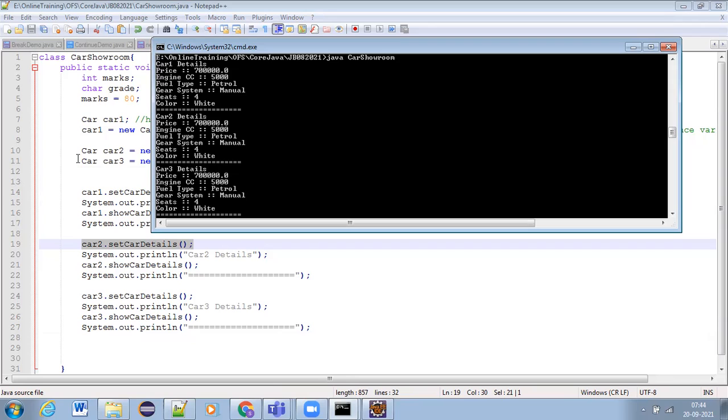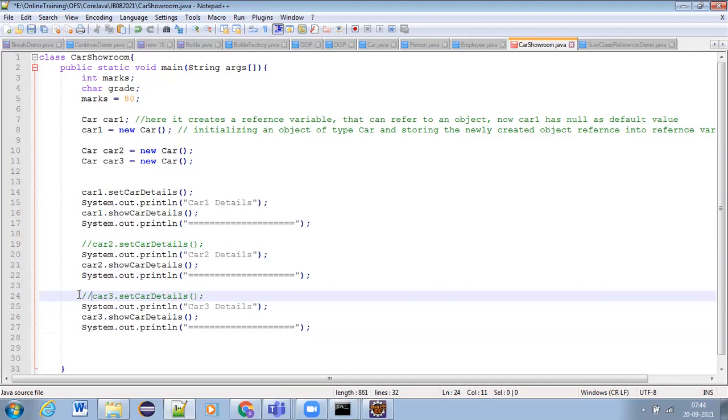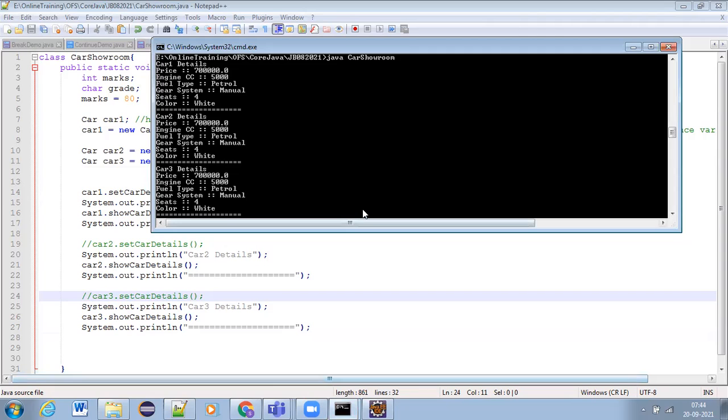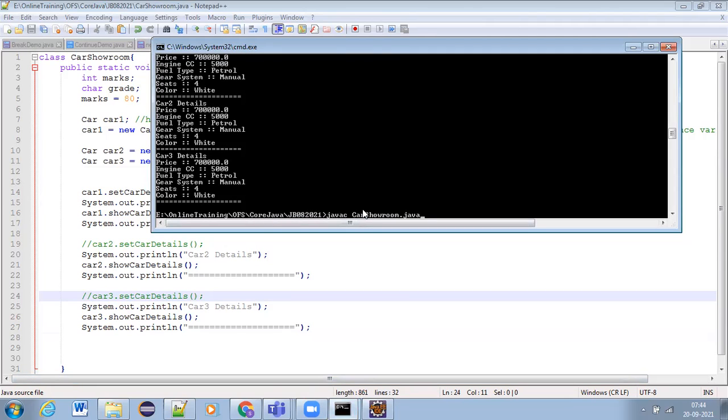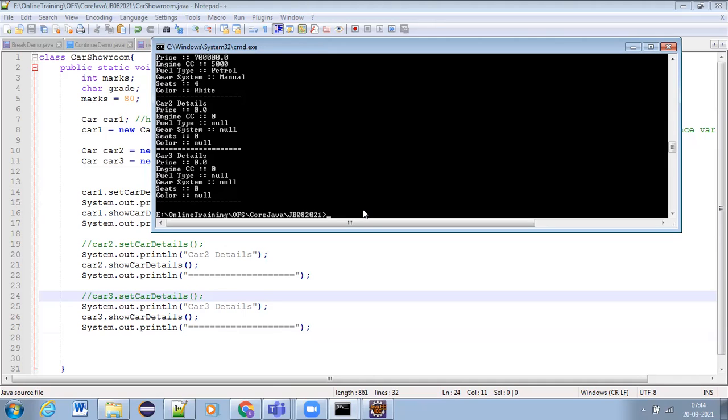Even just now we have seen one example: without calling this set car details, if I try to print, what do I get here? I'm getting default values, right? In car 2 and car 3, what do I get? Default values like zeros, nulls, right?